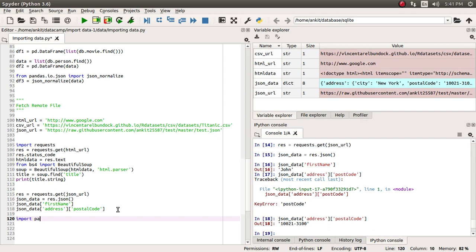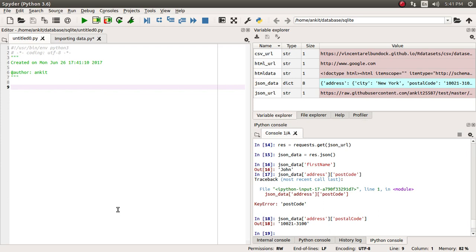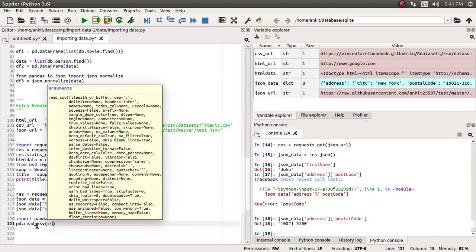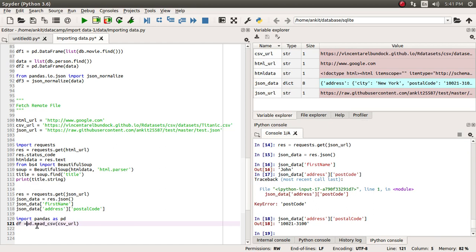So we'll make the necessary import, import pandas as pd, and inside pandas we have already used the read_csv method. We will supply the CSV URL and assign it to the data frame df.